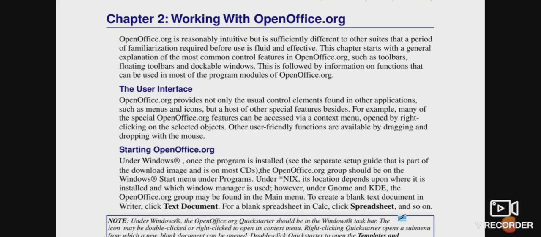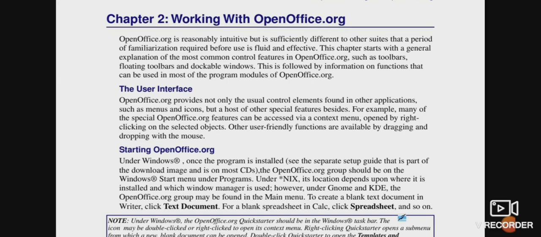It gives you familiarization with the topic effectively. And in this chapter, we will discuss in general about the most common features of openoffice.org, like toolbars, floating toolbars, dockable windows, and then information on functions that can be used in most of the program modules of openoffice.org.